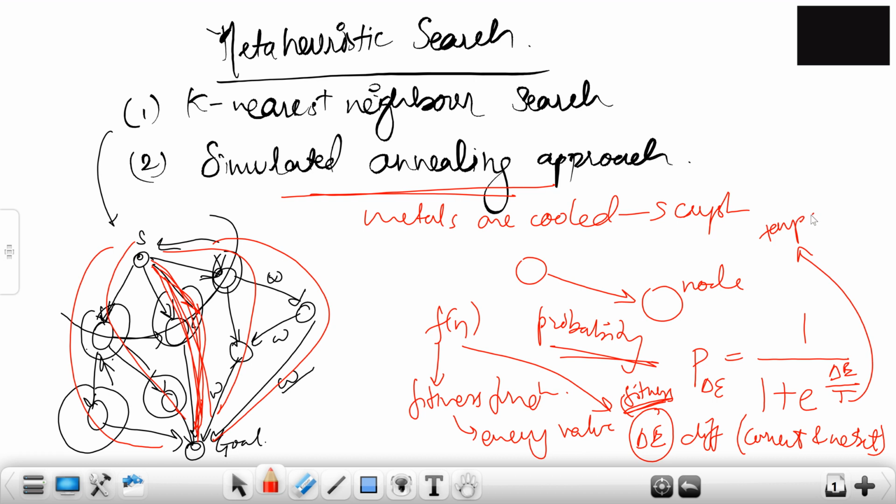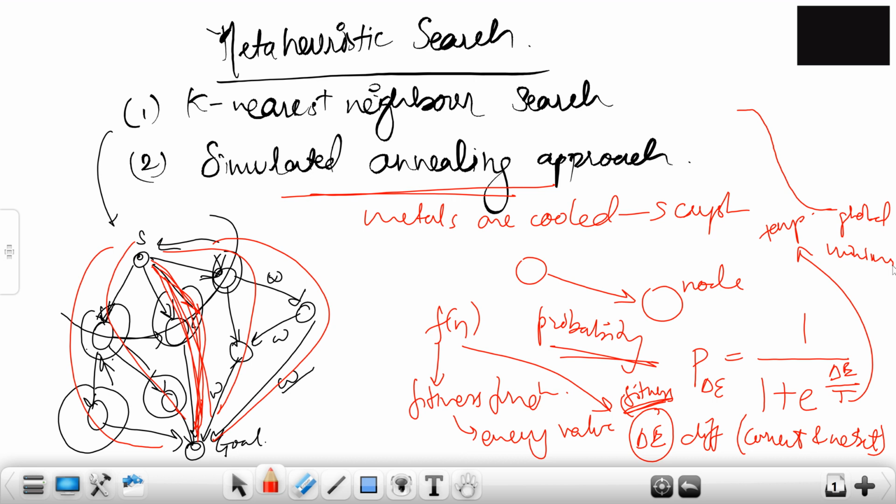T starts very high, because obviously in simulated annealing the temperature is very high, and then slowly decreases as the algorithm runs, because you're cooling down the whole metal. This also tells you that initially the behavior of the algorithm is very random. As it searches more and more locations, it gradually turns down. So it starts at a very high temperature and slowly goes down until it gets the global minimum. That is what your simulated annealing approach does. It's based on a probability.